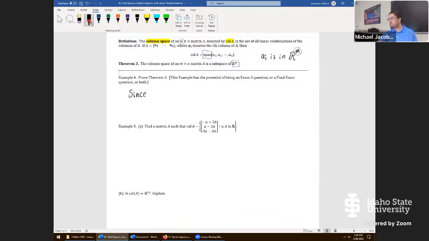since the column space of A is the span of vectors in Rm, this would be the V in that theorem one, the larger space. We're spanning vectors in Rm. We can now say, by theorem one,